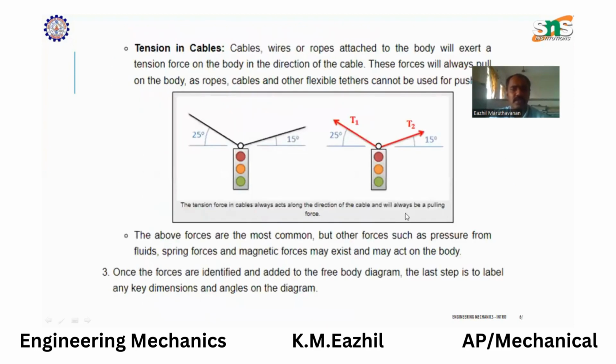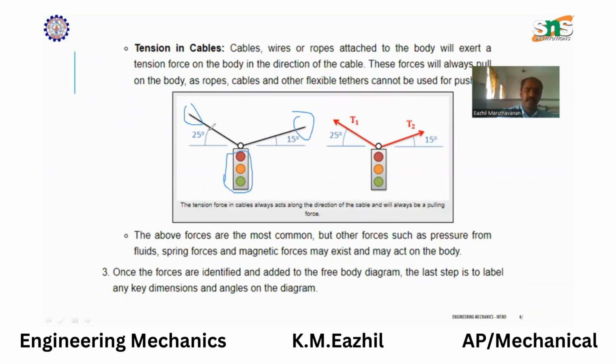Tensions. The tensions will act in the opposite direction to the weight, which is falling down. Here we are able to see that the traffic light is hanging. There are two different cables at two different angles, and it is supported with the end point of the cable. There will be a support at the end point of the cable which holds the traffic light from freely falling down,